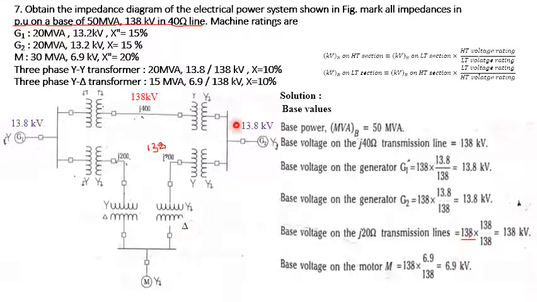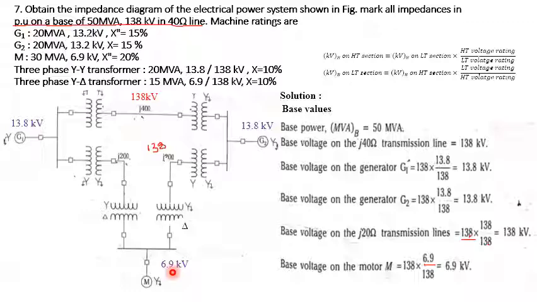Okay, 6.9. What is the ST rating of the transformer? That is 138. So 6.9 divided by 138, you will get 6.9 kV. This is 138, this is 6.9; they cancel each other, so we will get 6.9. What I am requesting is that you mark all these values, what we got now, the new values. This is also a new value, this is also a new value, and this is also a new value.